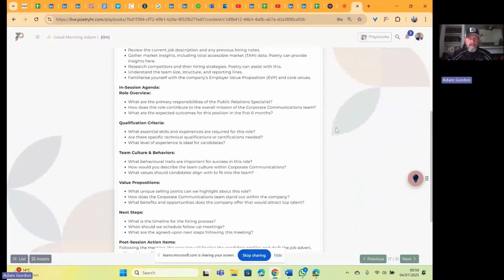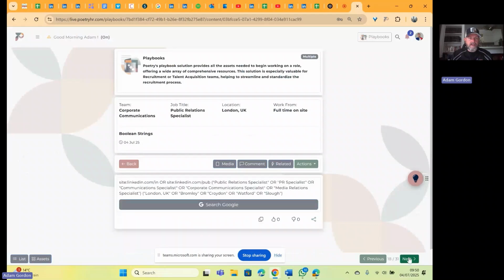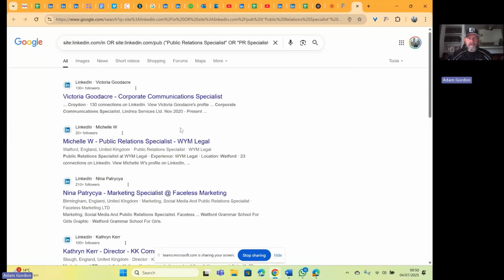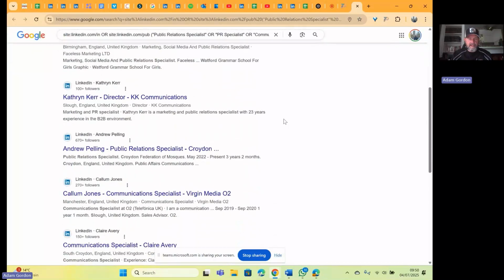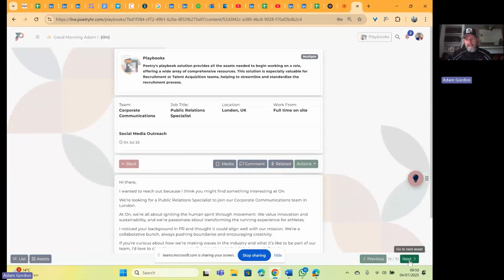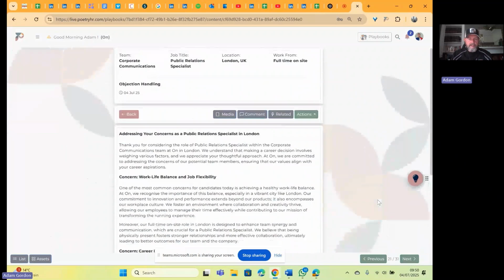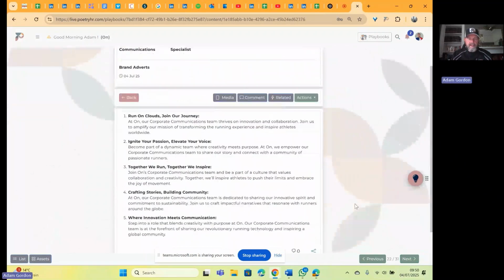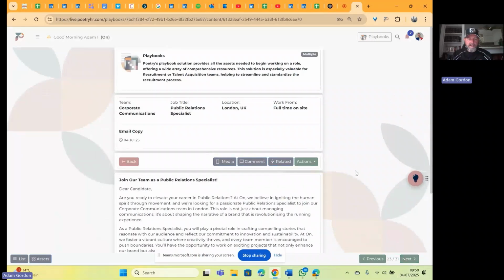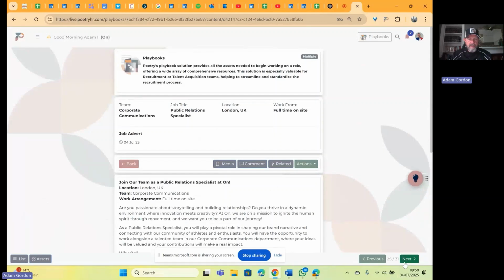Here's the kickoff meeting, how I'm going to structure my meeting with the hiring manager. I can share this directly from here to the hiring manager. Here's my Boolean string, search Google. Here's PR specialists and similar in and near London. My outreach messaging that I need once I've done my Boolean search, conversation guide for my first stage call, objection handling responses, brand adverts if I need a carousel because I've got multiple hires to make, email copy if I've got people on the CRM, my company's employer value proposition, recontextualized for the talent persona of a PR specialist,